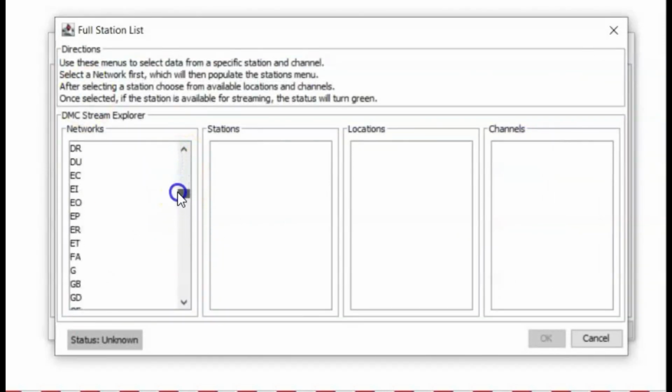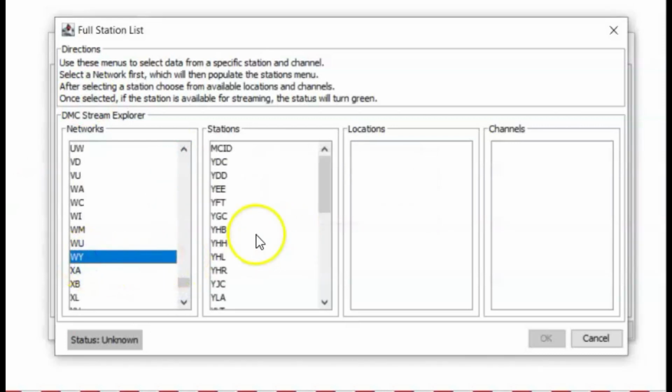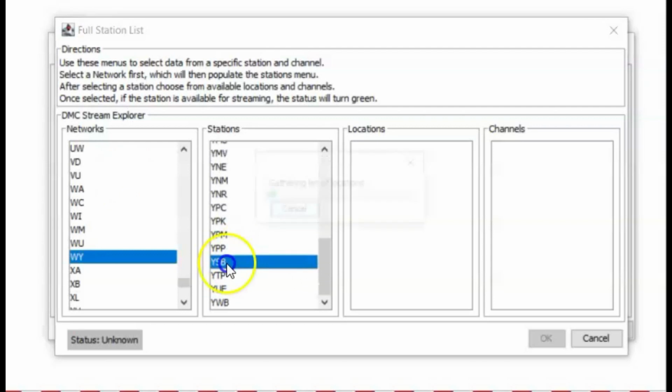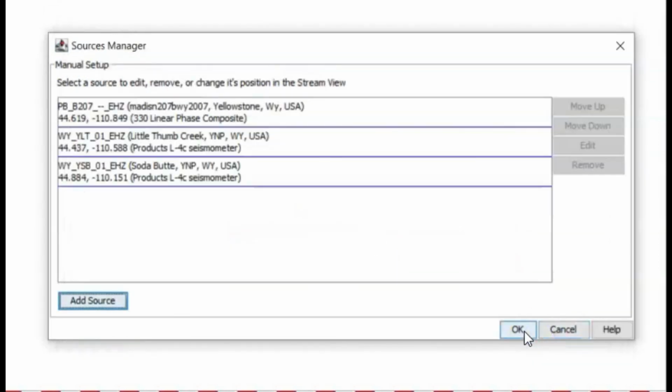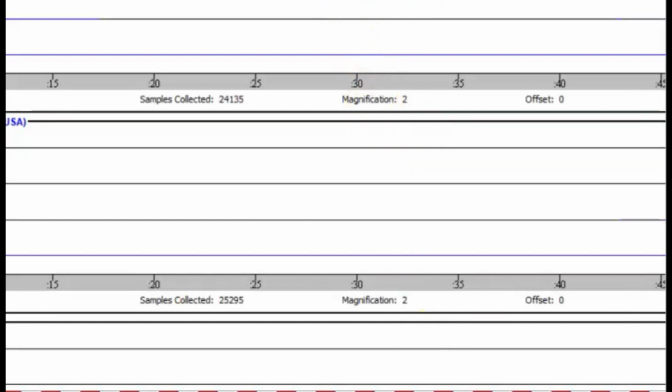Come all the way down here. WY. And let's go to Soda Butte, which would be SB. Okay, location, channel. Click OK, and then that's all I want for right now, for my explaining how to use this. So we'll click OK. Three windows will pop up,